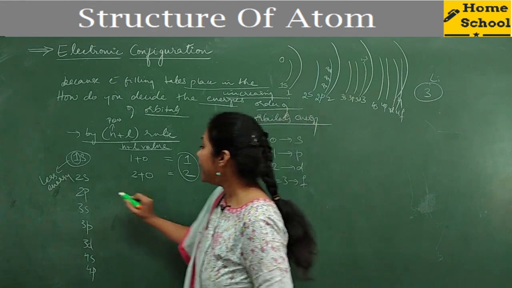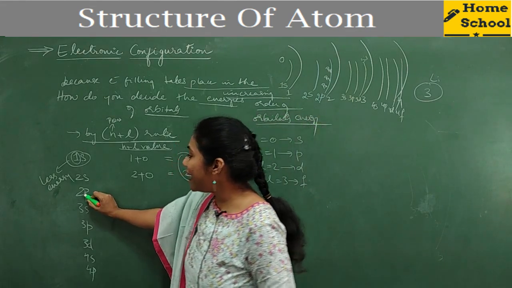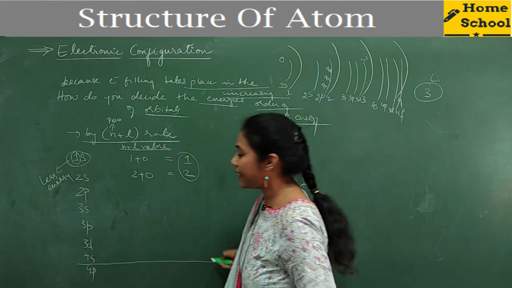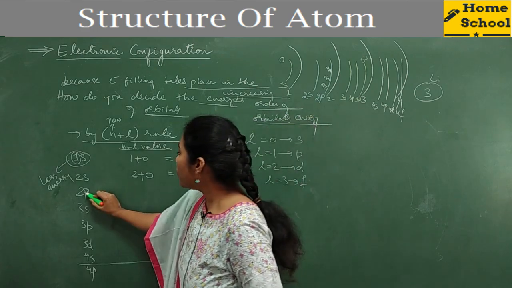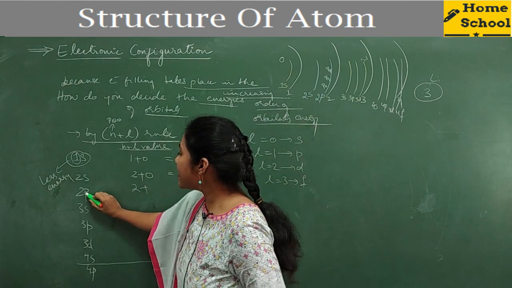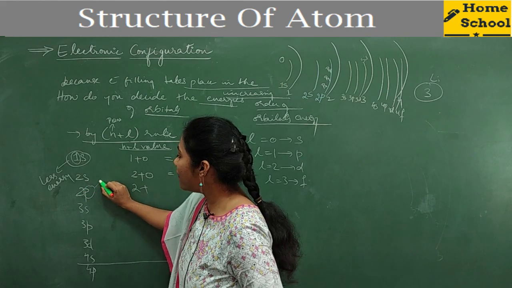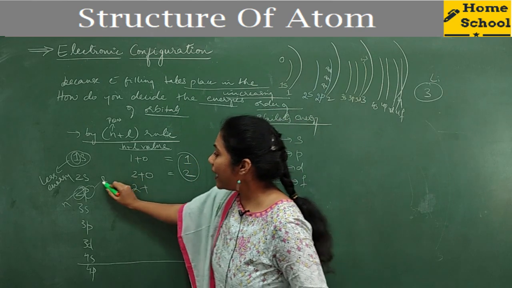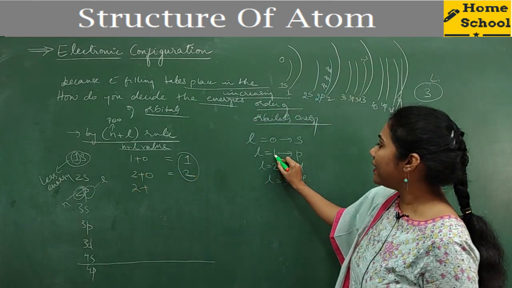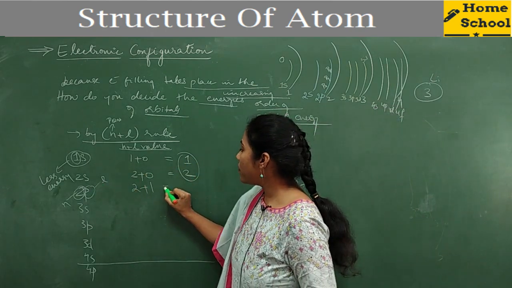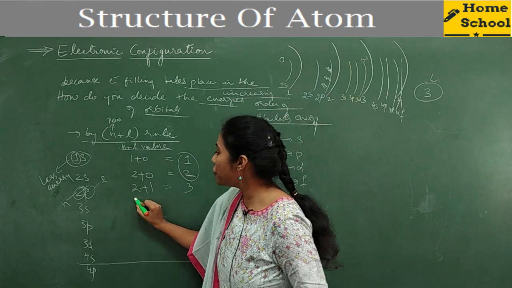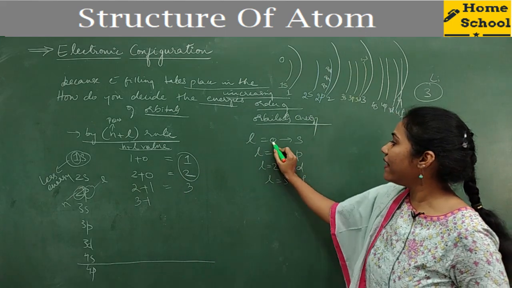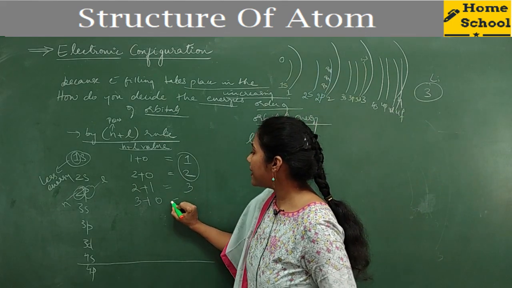Right? That's it. And now let us calculate the N plus L value for 2p, 3s, 3p, 3d and 4s. Till 4s let us try to calculate. So what do you get here? 2, and L is equal to p. This number indicates the N value, and this indicates the L value, right? So the L value is p. P in the sense, L is equal to 1. So 2 plus 1, 3 you will get. And here how much do you get? 3 plus s. S in the sense, the L value is equal to 0. So 3 plus 0, 3.